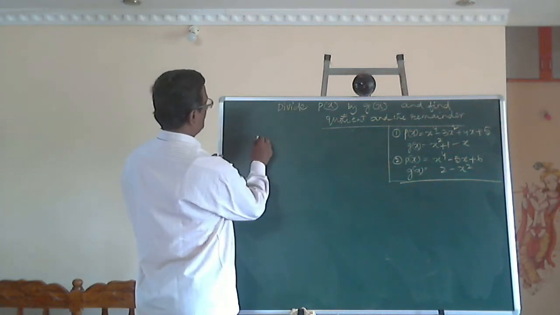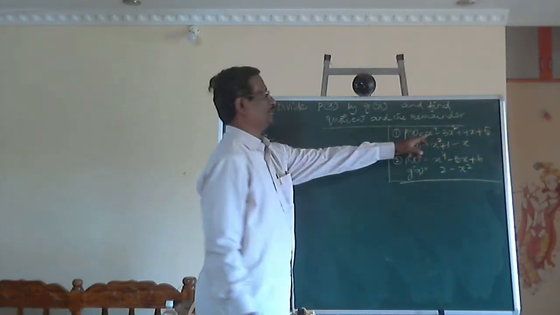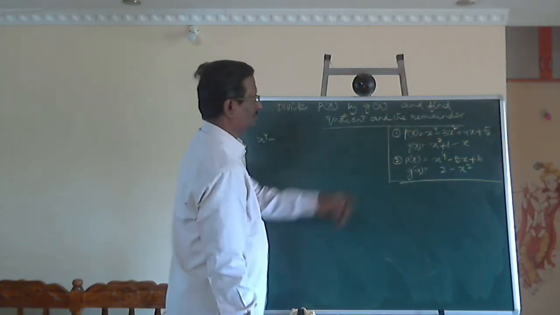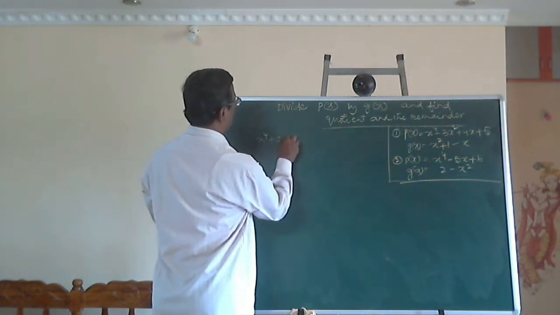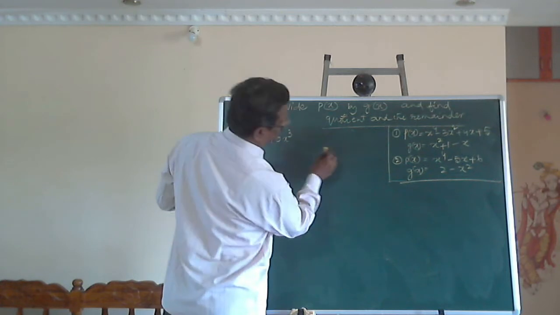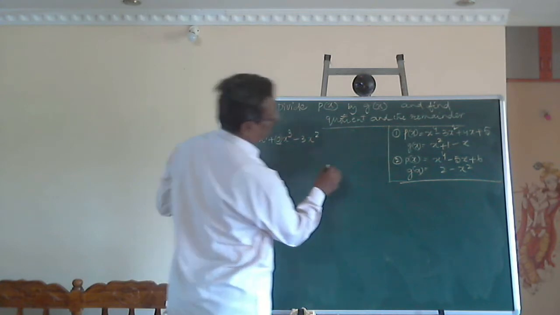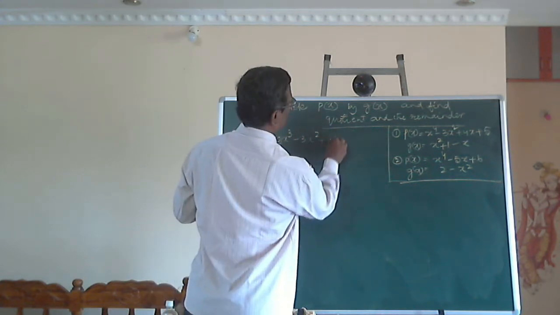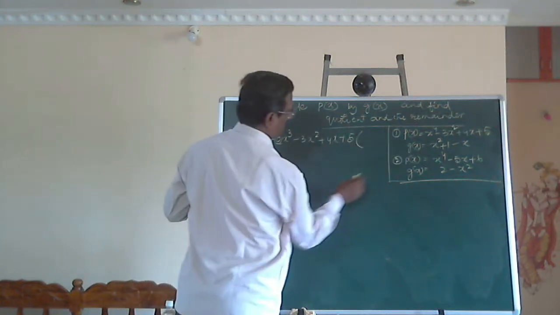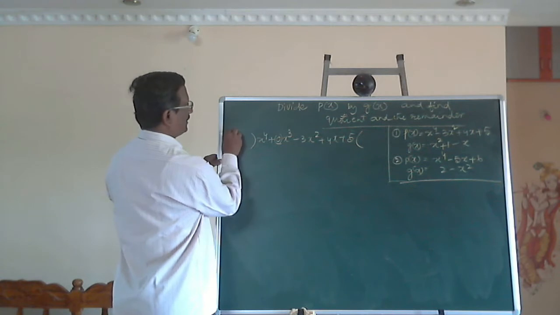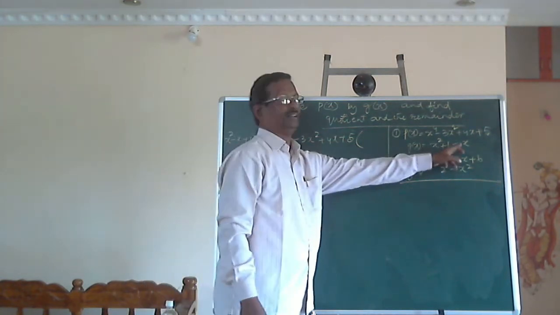This is second bit from the textbook. Let's do like this: x to the power 4 minus 3x square. Here we don't have x cube term. We can write, if x cube term is not there, plus 0x cube minus 3x square plus 4x plus 5. It is the dividend. It is to be divided by the divisor g(x), which is x square minus x plus 1. It's given x square plus 1 minus x.